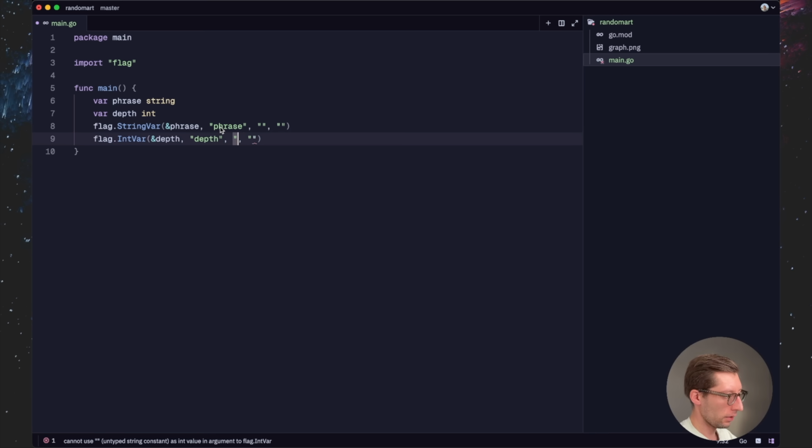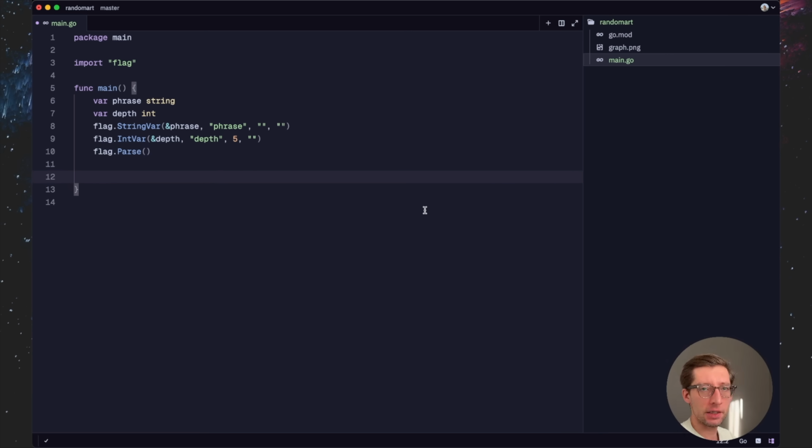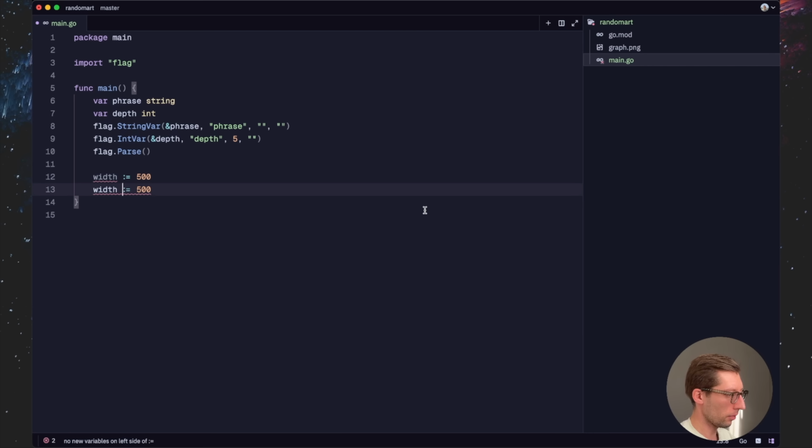And let's set default as 5. And now we can just run flag.parse, I believe. Now let's write some skeleton code for creating the image and then exporting it to a file. So we don't have the expression tree yet, but we can start with some kind of skeleton, right? As I mentioned, for each pixel we'll need to evaluate the expression tree, so we can already